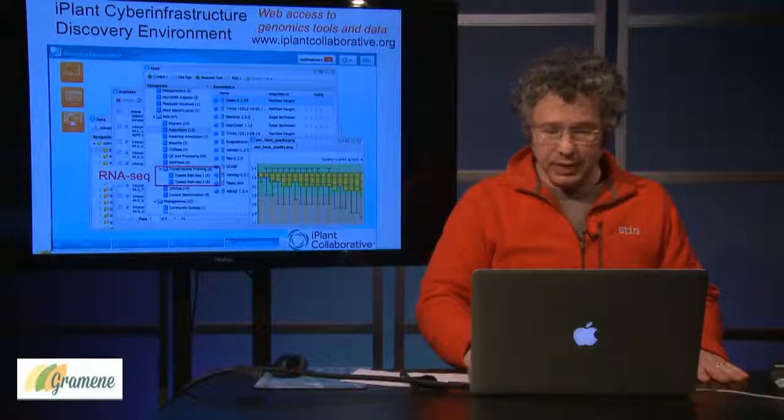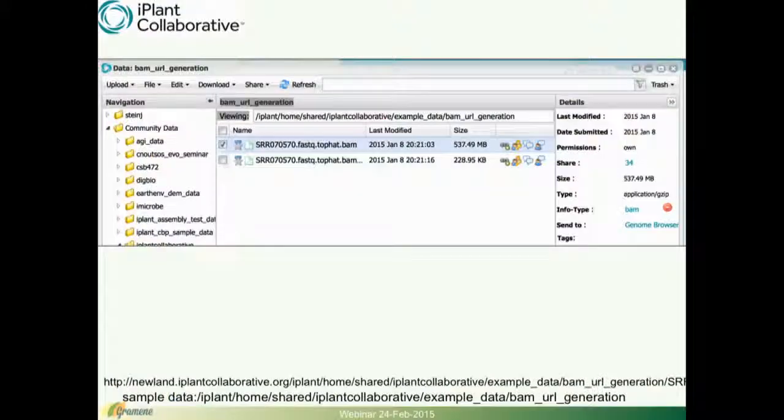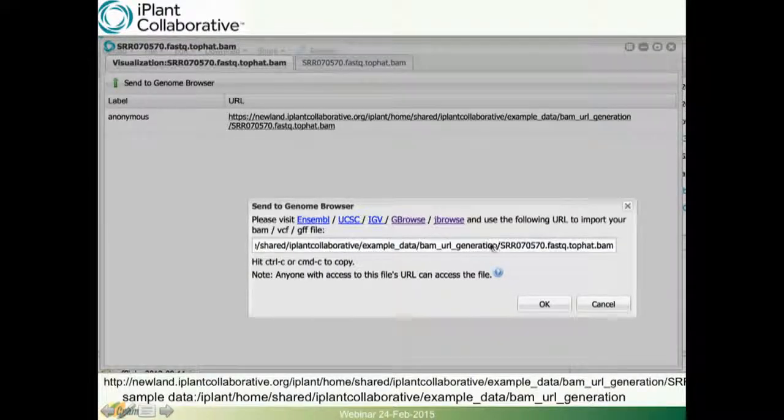And as I mentioned before, you can also use that URL to upload data. And so this is an example. If you have a TopHat alignment of RNA-seq data, this is an Arabidopsis example, and this is looking here at the web iPlant Discovery Environment, and this is just looking at data. This is the results of a TopHat alignment, and one can just click this little box here and then click down here that says send to Genome browser, and it will generate for you a URL here,